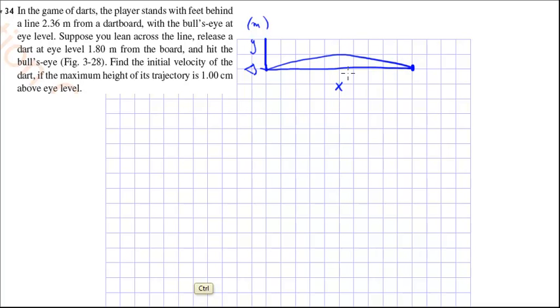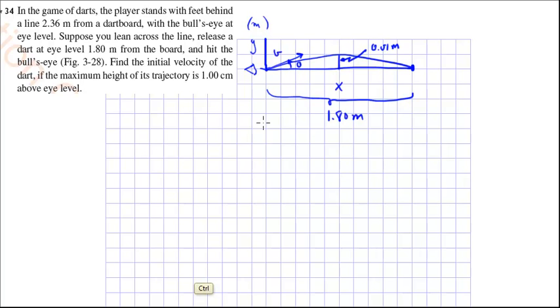Like that. And this height right here is 1 centimeter, 0.01 meters, in other words. And what we're trying to do is find the V here and the theta that will do that, where we're also given this distance, 1.80 meters. Okay, a couple of preliminary things. First of all,